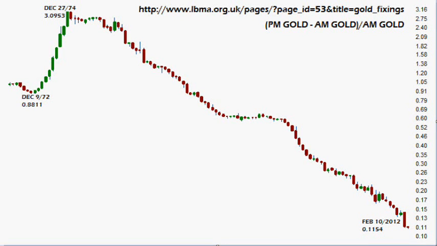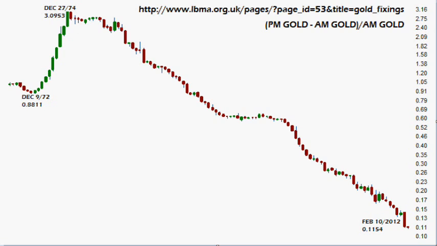Hello, today is Sunday, the 12th of February 2010, and this chart is that of gold, but only during LBMA time frames. If you go to the web page, they will give you data for gold and silver going back to 1968. And on the gold side, they'll give you two levels, an AM price and a PM price. They don't do this for silver, they just give one variable per day for silver, but they give two per